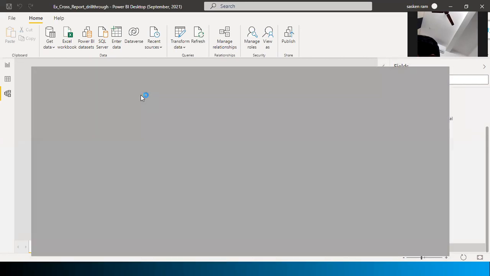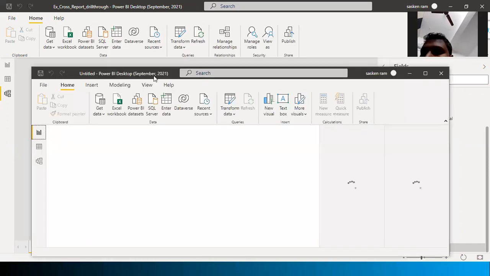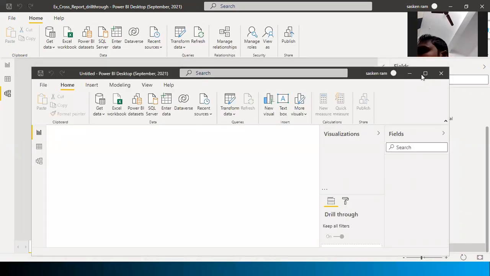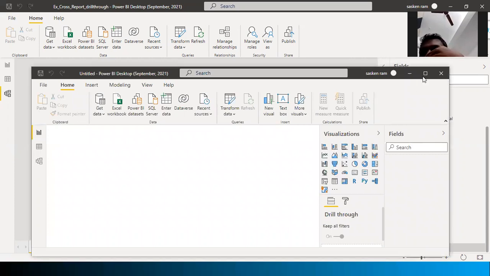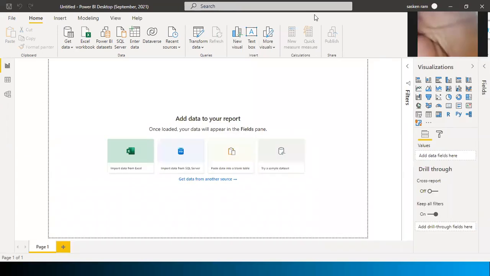Now my Power BI desktop is empty. Look here, I don't have any columns in the fields pane. I don't see any columns or any file. In that case, my manager already told me, hey, you guys need to use the one which is on the cloud. You need to download that one to develop the reports.